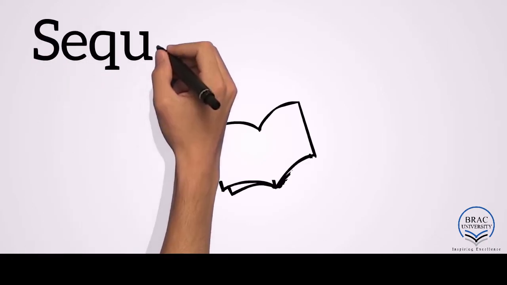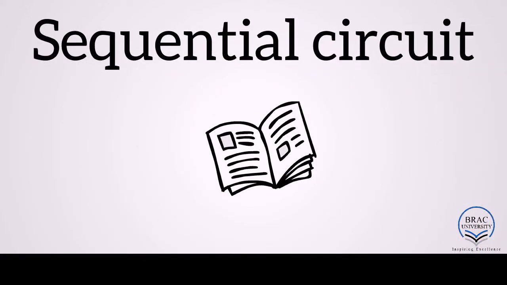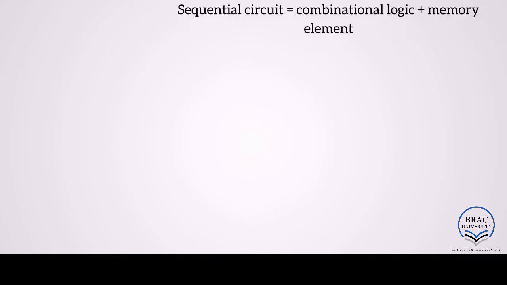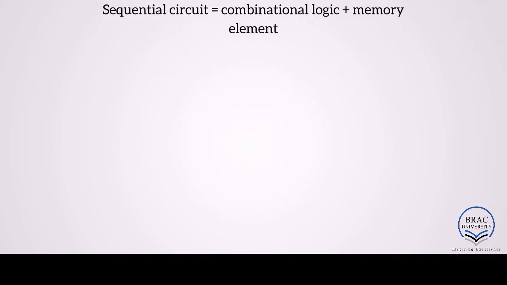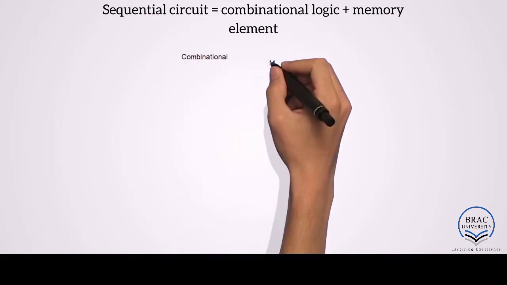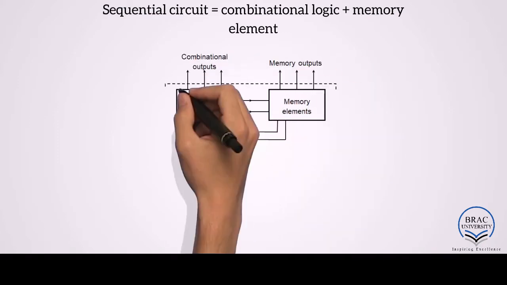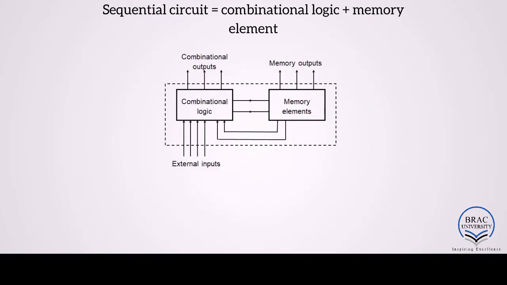In this video, we will have an introduction to the sequential circuits. A sequential circuit is basically the combination of logic and memory element. In these types of circuits, we can provide logical operation and at the same time save our output value inside a memory element. The value which we store inside the memory element is called the present state of the circuit.